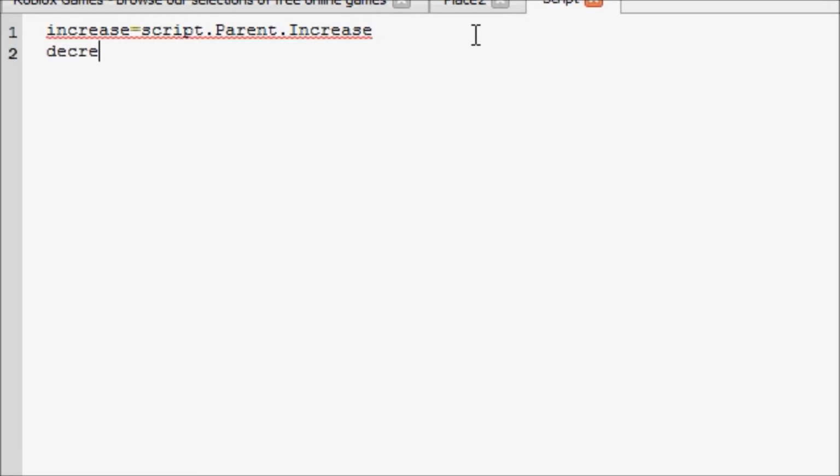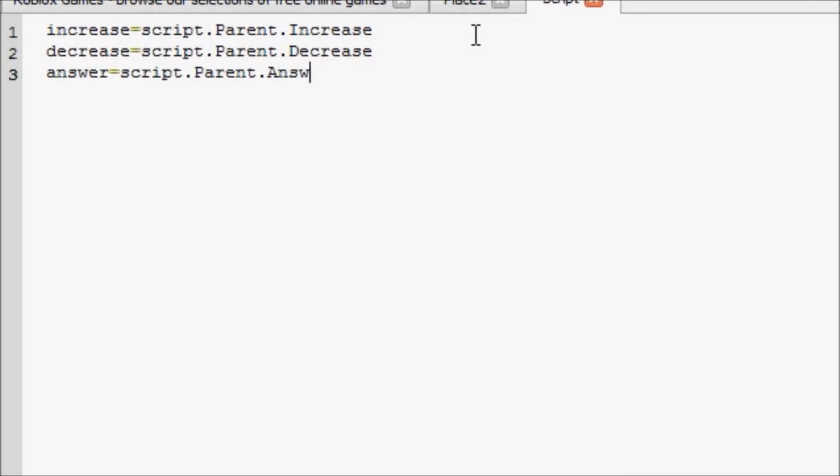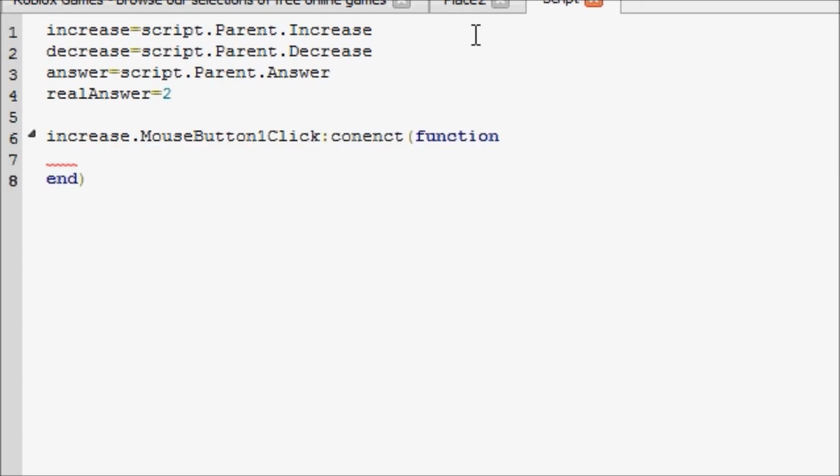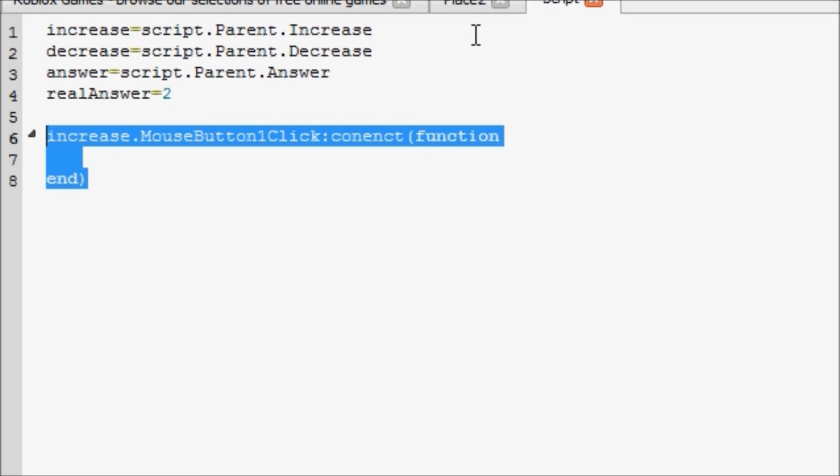Next up, decrease equals script.parent.decrease. And last but not least, answer equals script.parent.answer. But actually, we need one more variable. And this variable will be real answer. And we'll make this equal to 2. And hopefully you guys understand. Now increase that mouse button 1 click, connect, function, and we'll copy and paste this again